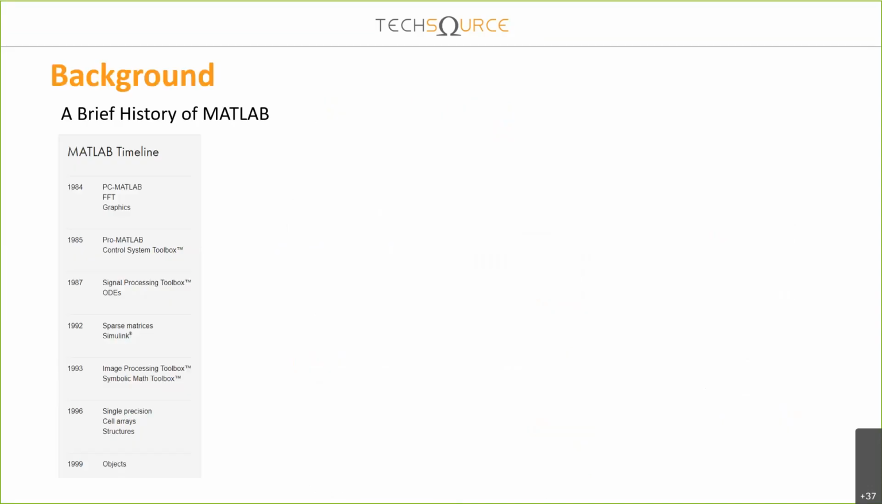Okay, before we started, let's talk about some history of MATLAB. MATLAB started in 1984. You can see there is FFT and graphics in MATLAB. Then after 1 year, they developed a control system toolbox, and another 2 years later, they developed a signal processing toolbox and the ODE solver. That's why you hear a lot of commercial or R&D use cases using our tools, especially in the control system and signal